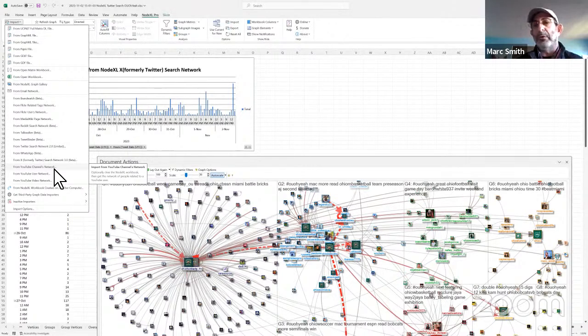We'll read and write their files. We'll also bring it in from CSV files, but we can also import from Flickr, wikis, Reddit, the platform formerly known as Twitter, now known as X, and also WhatsApp, YouTube, and more recently, as things have changed over at X, we've added the ability to import from commercial data providers.